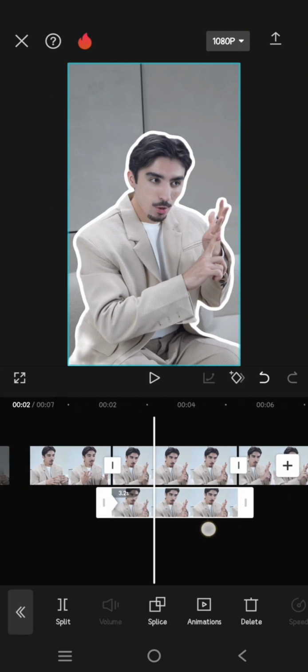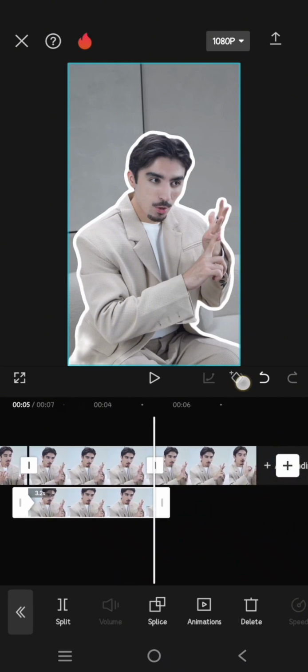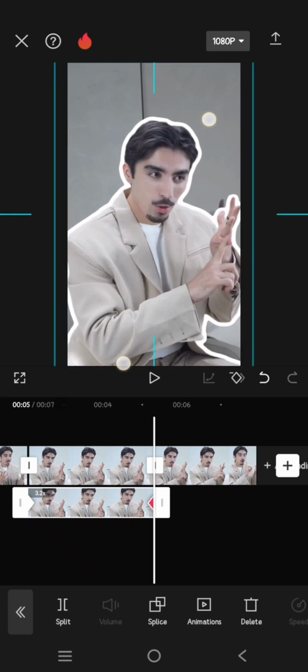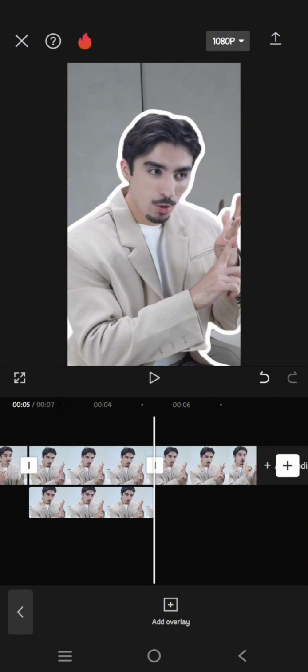Add two keyframes on the overlay at the start and also the end. And after that, on the second keyframe, zoom in the character like this. Okay, and after that,